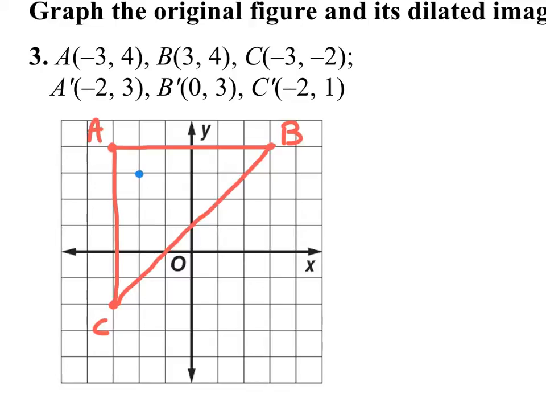Okay, I'm going to do 0, 3. And I'm going to do -2, 1. Okay, and so I get this much smaller triangle here, and I'm going to call this A prime, B prime, and C prime. Okay, and what I'm going to do is I just need to verify that these two triangles are similar,